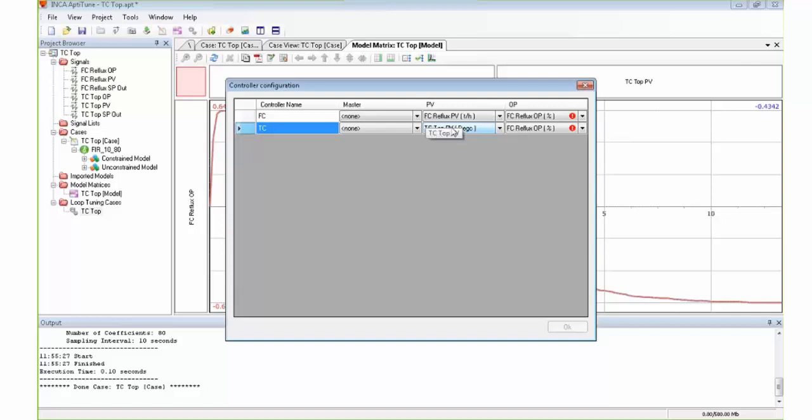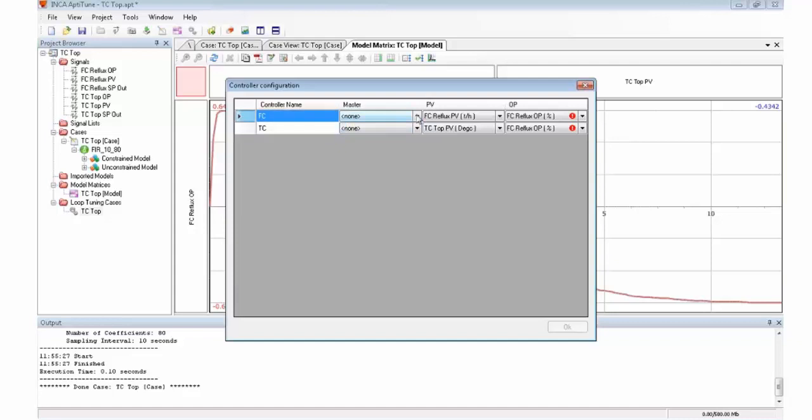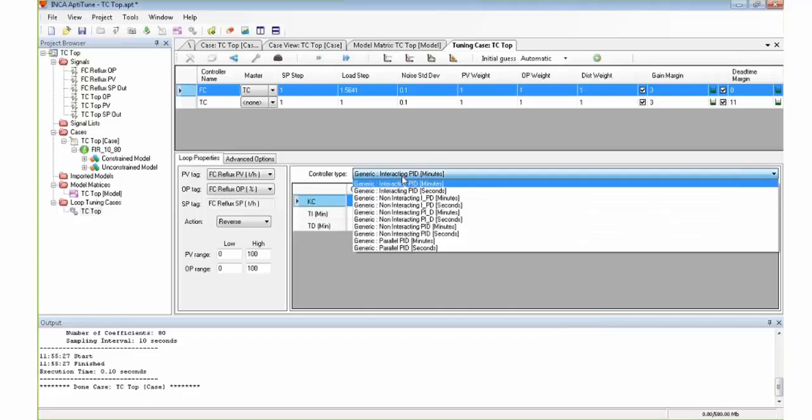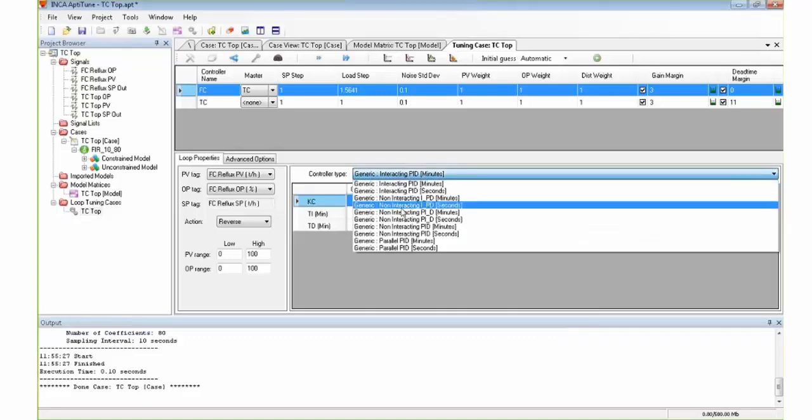AptiTune sees that our model has one independent but two dependents, yet I'm using two loops. And by default, it's going to assume that there's no cascading relation between these two loops, so it would have expected two independent variables. But as soon as I point out to AptiTune that the temperature loop is the master of the flow control loop, these exclamation marks go away, and I come in the screen in which I can set a few parameters. Now, the first thing to set is the type of equation that we are using, and